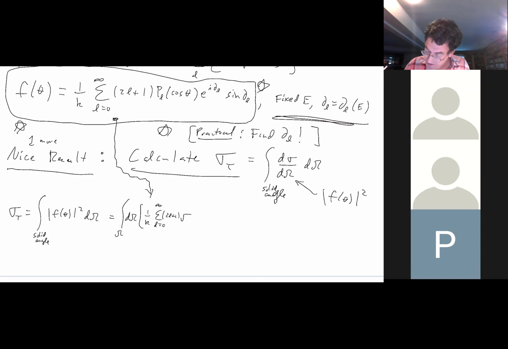Before I do this, let me just remind you of something. I'm going to use this little trick that you have seen before in some class, that P_L of cosine theta can be written in terms of